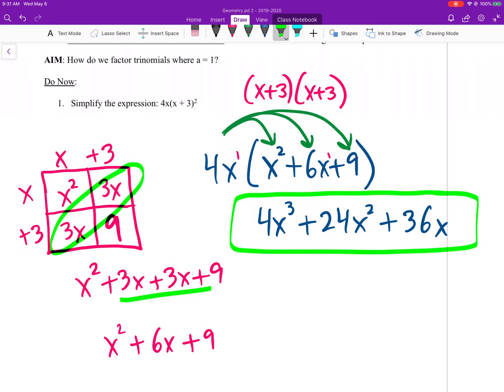So the tricky part here, guys, you have to factor in that exponent of 2 first before you distribute. So a combination of box method and the distributive property. Alright, next,